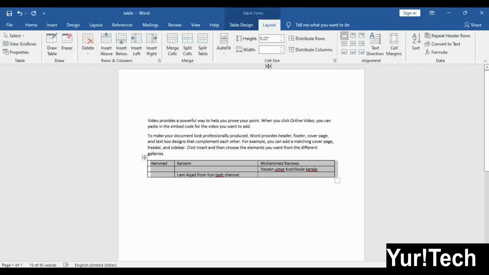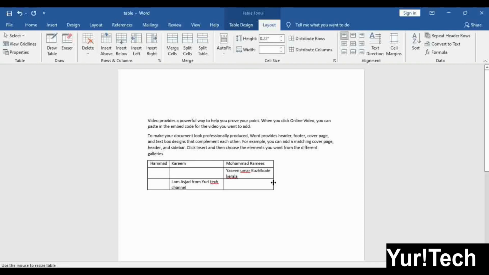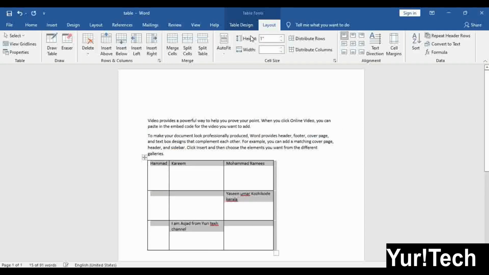height and width. If my table is this much and I want to resize it, from here you can change the height of the table. Like I give 1 inch, then enter. Each row has become 1 inch.